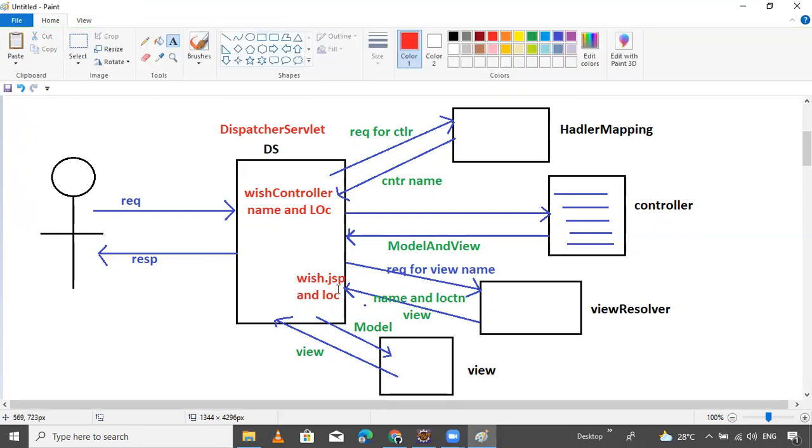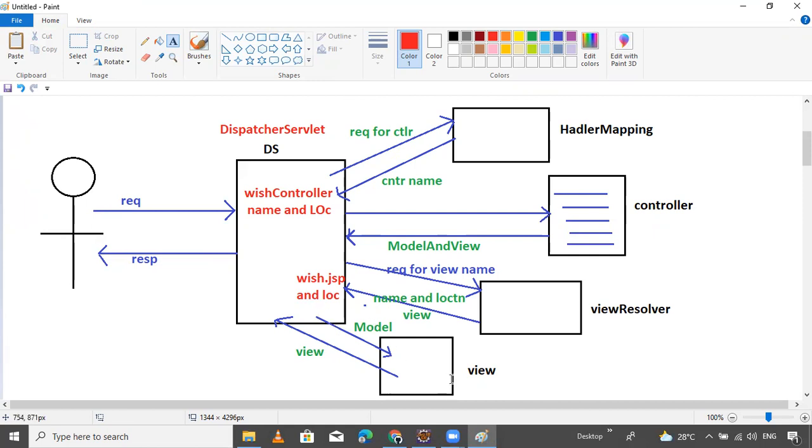It is returned to the dispatcher servlet. Now the dispatcher servlet has the names of the JSP pages, wish.jsp and location. Now it will search for the view part, where the view exists, like wish.jsp and location.